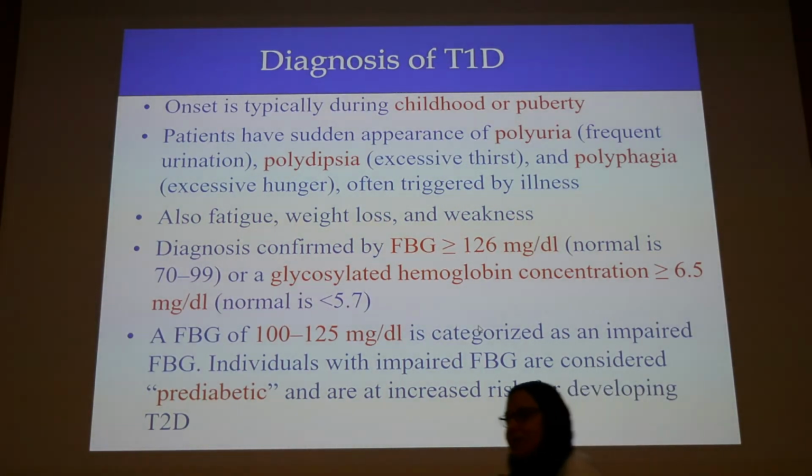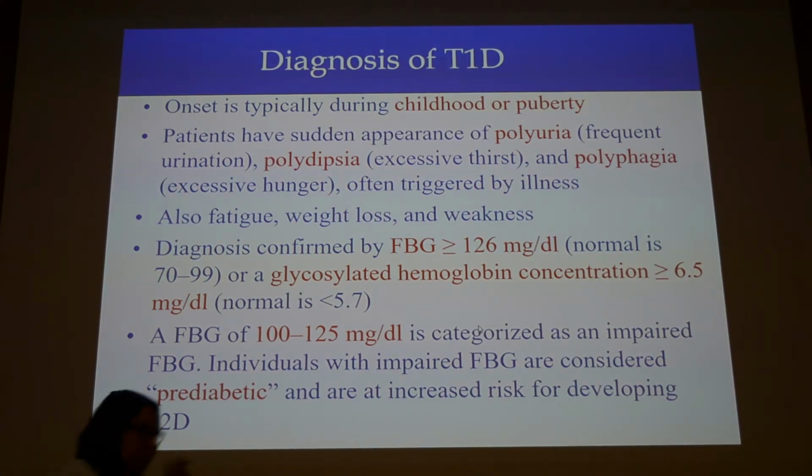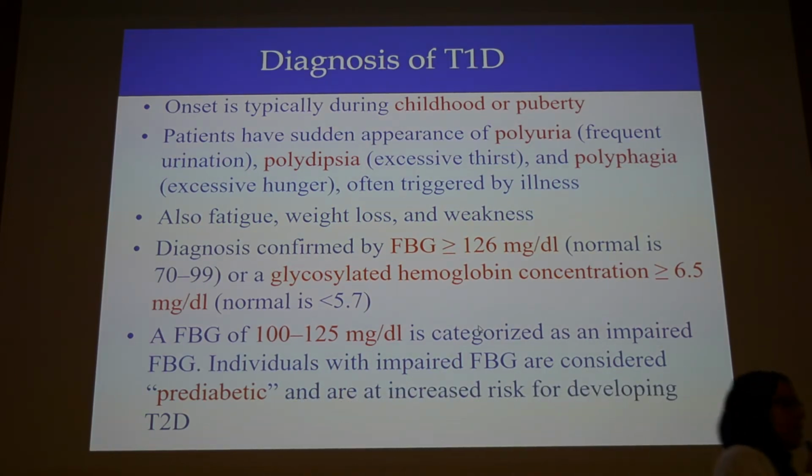Why do they have excessive hunger? Because they can't utilize glucose. Okay, the glucose is not entering their cells, their muscle cells and their fat cells. So there are some cells which are deprived of glucose, and also the body is always using the resources in the body as a source of glucose. So everything is going to be depleted, so they will be hungry. So it's a vicious cycle. Yes, exactly, and we'll talk about it in more detail later.